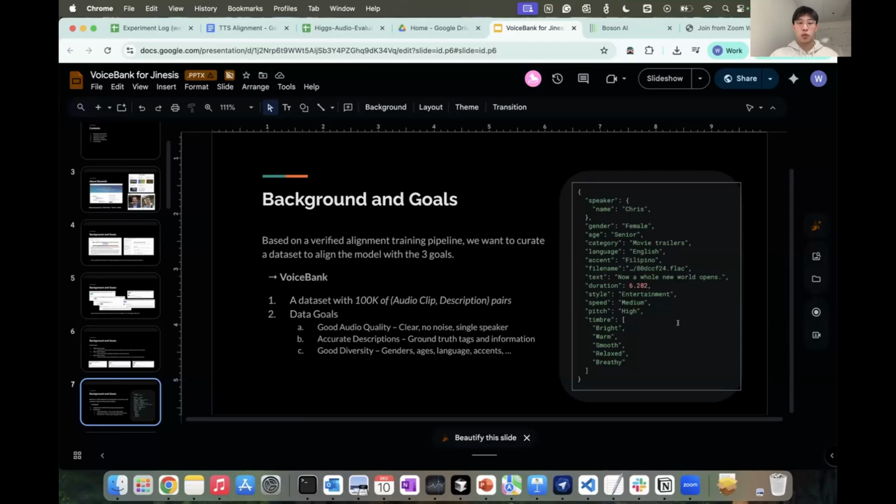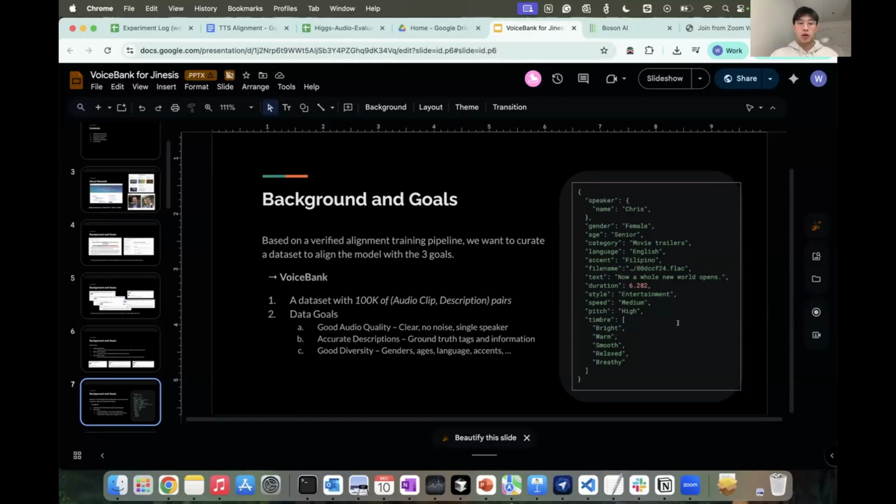For the dataset, we also have several goals. The first one is good audio quality. We want the audio to be very clear, with no noise and only one single speaker. For the description, we want all of the text and information to be ground truth, as little synthesized as possible.